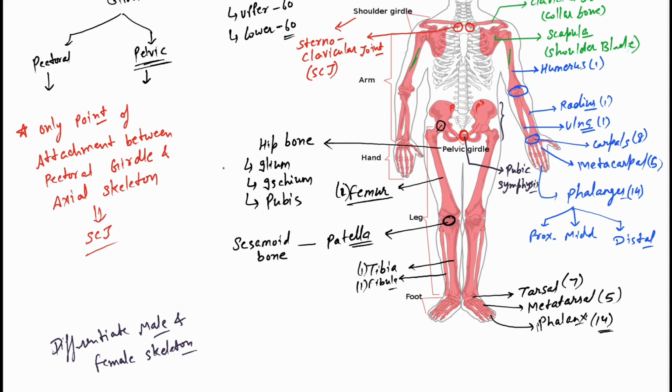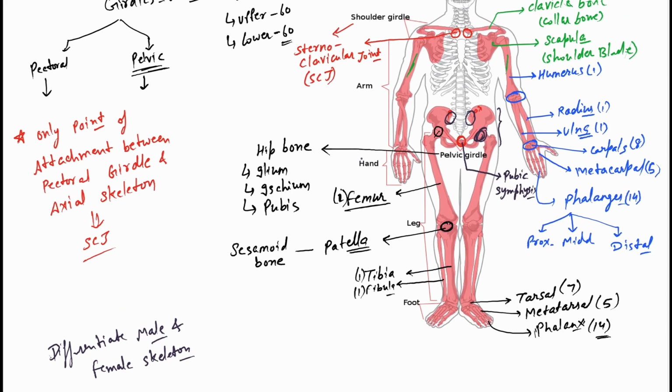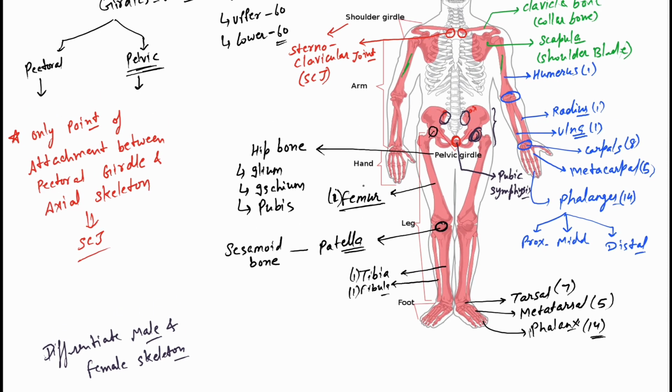So remember, the pelvic girdle posteriorly joins with the sacrum region. Posteriorly they do not connect to each other, but they join with the sacrum, as you can see here. Anteriorly they join each other and form the pubic symphysis. And laterally, as we told earlier, it is joined to the head of the thigh bone through a cup-shaped socket, the acetabulum. We'll talk about the acetabulum in another part. Okay, then we talk again next. This is about the pubic symphysis.